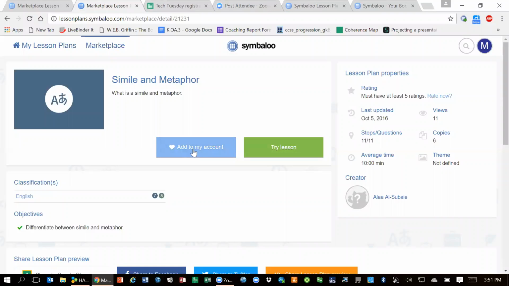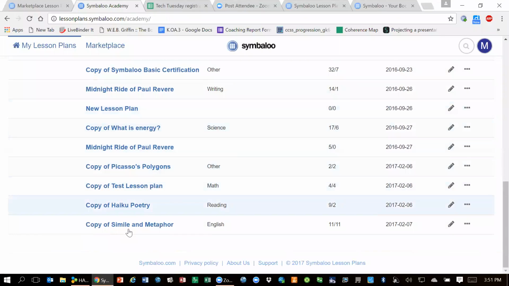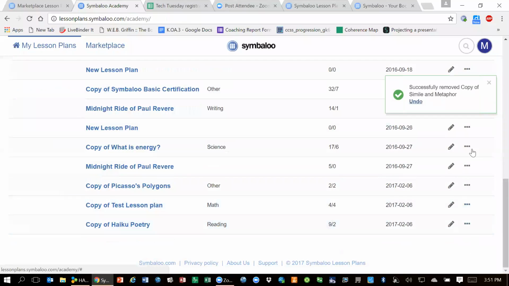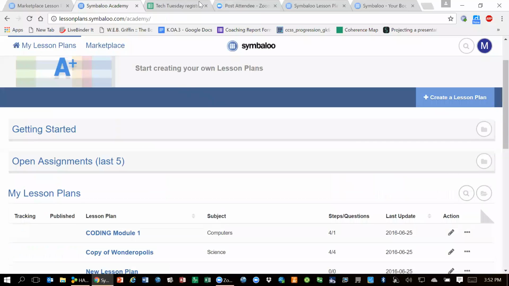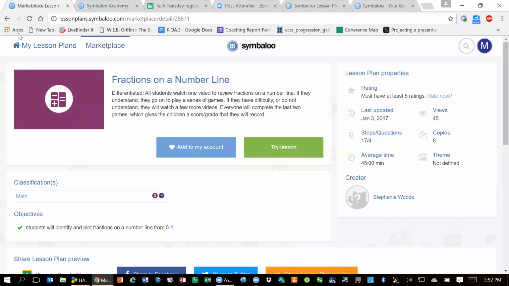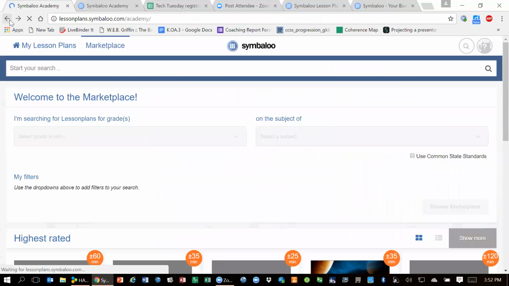When you decide you want one, you just hit add to my account. When I go back to my lesson plans, I now have a copy of that one at the bottom, copy of simile and metaphors. If you decide you don't want that in your list, you just go to the trash and you have gotten rid of it. So you can get rid of anything you don't want on your list as well. Okay? So I'm going to come back here, take us back to my beginning here,